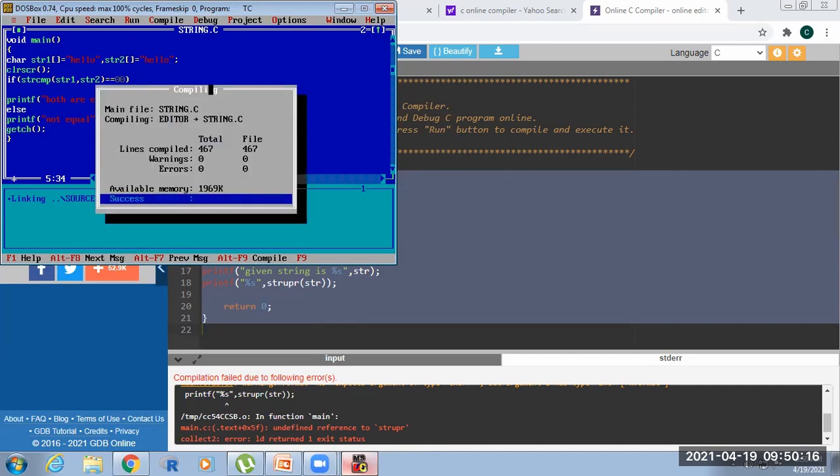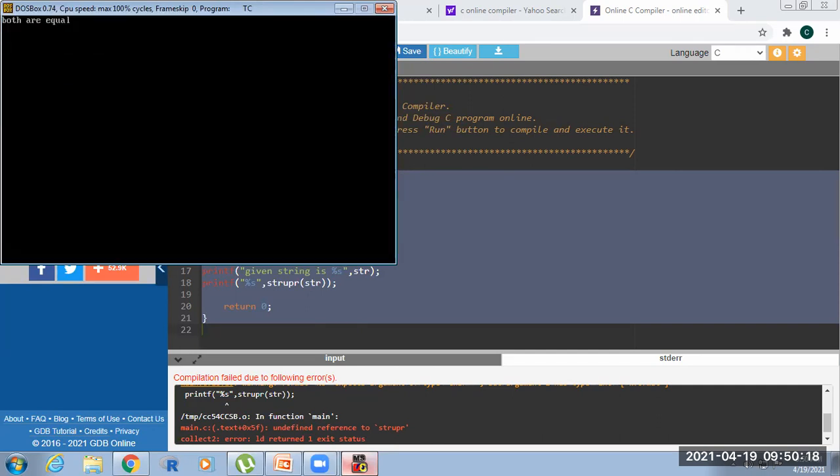Okay, both are equal. So I explained string reverse, string copy, string concatenate, string lower, string upper.